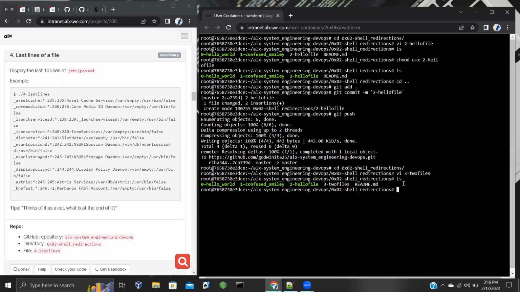All right, when we do ls now, you can see it's not yet executable. Okay, so let's just do the next one and then we come back and make it executable. All right, so with vi